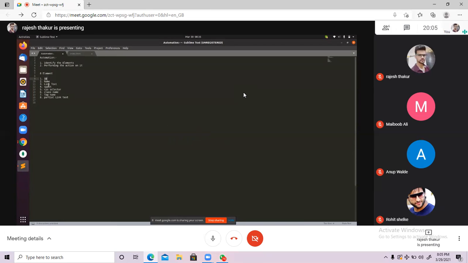If id is not there, then go with the name. If id and name both are not there, then go with the link text. If id, name, link text, these 3 are not there, then go with the XPath. By XPath, anyway, you can identify the element, right?